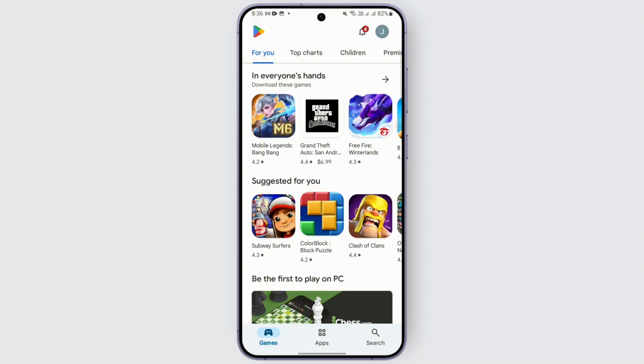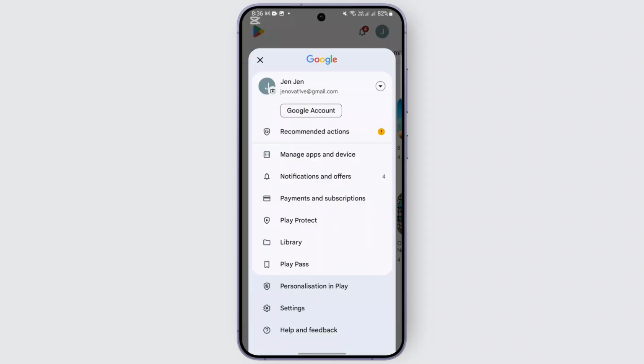So if you want to change the payment method on Google Play Store, just head over to the Play Store account. After that, simply log in to your account where you have purchased or added any kind of payment method that you want to change. After you have successfully logged in to your payment method linked account, your Google Play account, head over to the account profile at the top right, and in the middle you'll be finding an option called payments